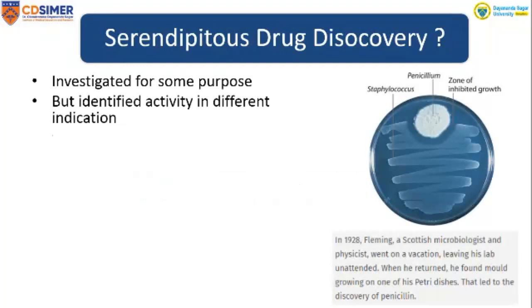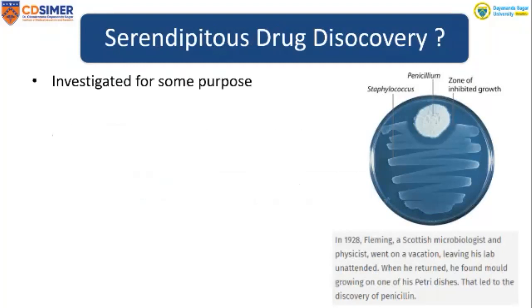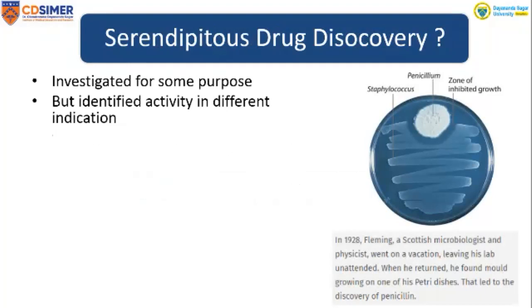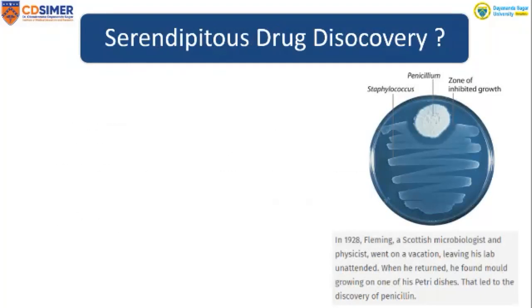So the next thing I'm going to talk about is serendipitous development of new drugs. You can see here in this picture, I think I explained in my last class, the identification of penicillin. One day, as I said, in 1928, Fleming, a Scottish microbiologist and physicist, wanted to